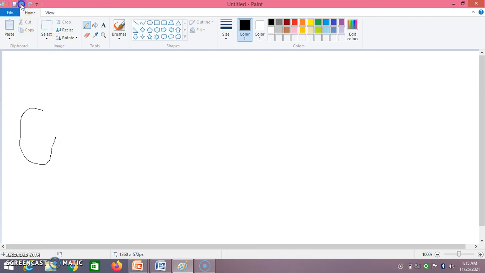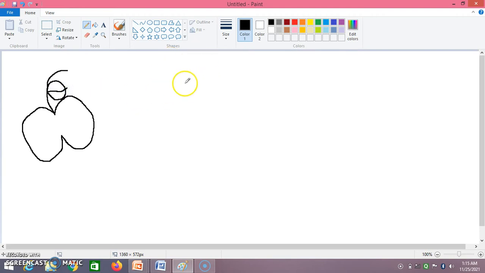Before that, I'll select the thickness. Suppose I want this particular thickness. Now I will draw an apple. This is how I can draw an apple, and this is how we can make use of the pencil tool.